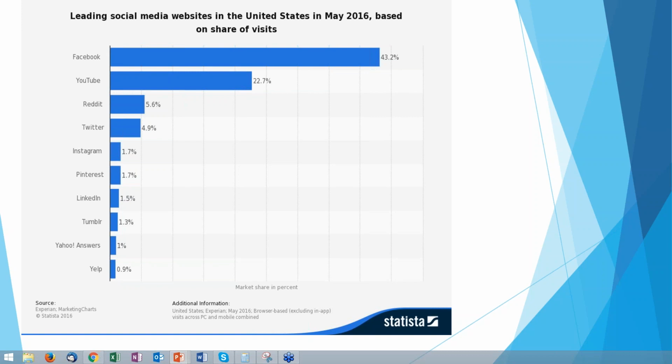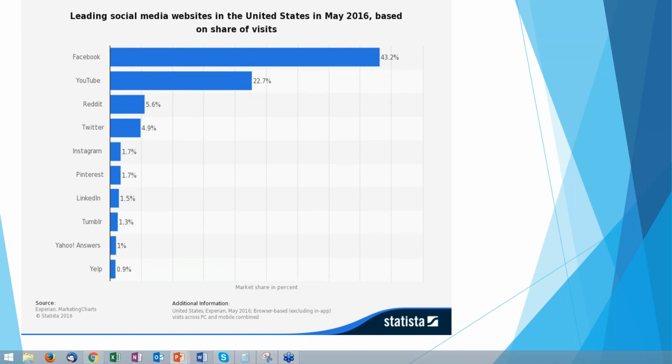I don't know what Reddit is, but there it is on the chart, even above Twitter. So there's some interesting things happening as the baby boomer generations are moving on and the millennials are taking over. So I'm going to show you a chart on that in just a second. But you can see Twitter's really fallen back in popularity, and I would say don't worry about Twitter. If you're not into tweeting and you're not on Twitter, don't worry about it.